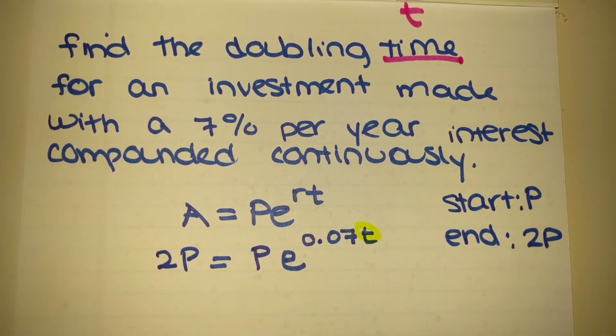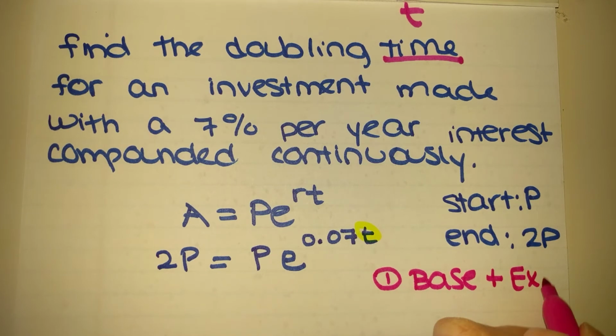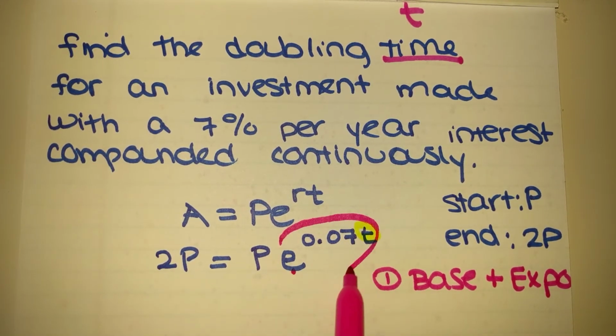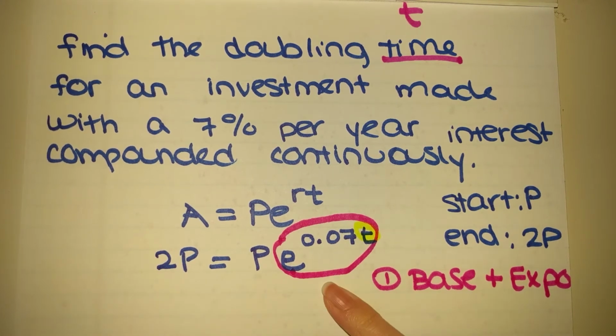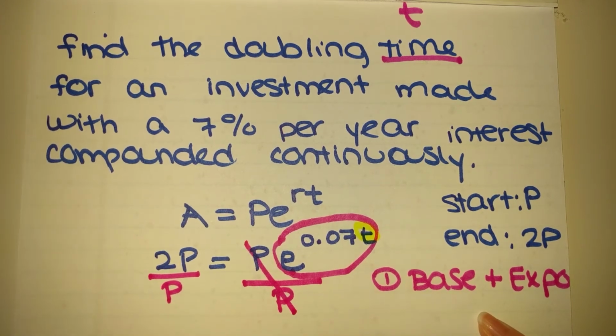So our first step, because t, the variable of interest, is in the exponent, is we are going to isolate the base plus the exponent. Now, if I do that, my base of e and my exponent of 0.07t, that needs to be by itself 100%. And we notice currently we have P times that. So step 1 of our exponential equation to solve, we're going to start by dividing by P and dividing by P. And that will then cross out the P's on the right-hand side so that you just have e to the